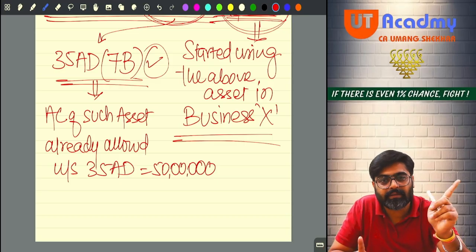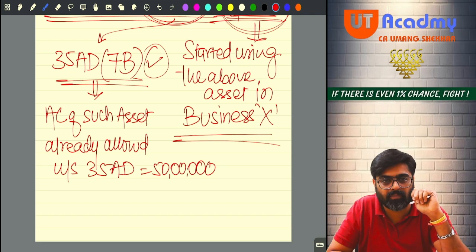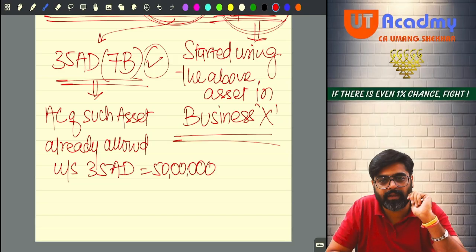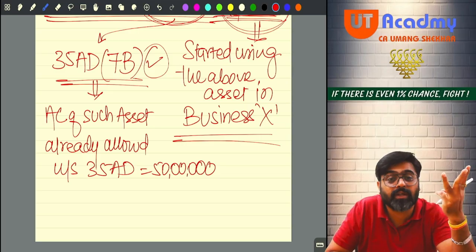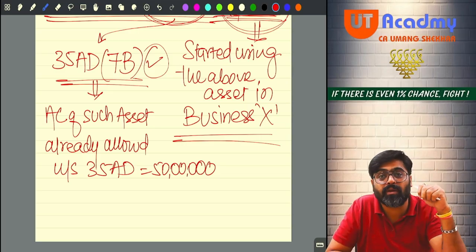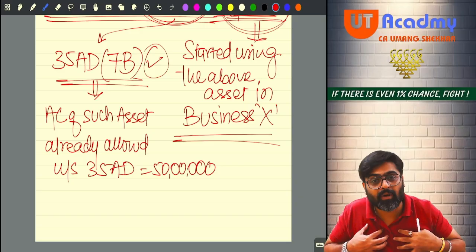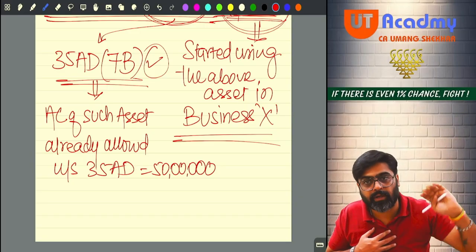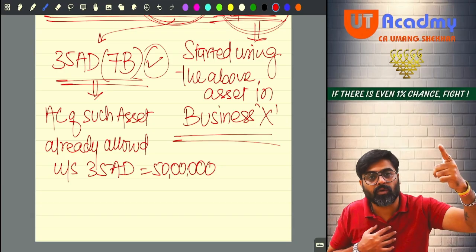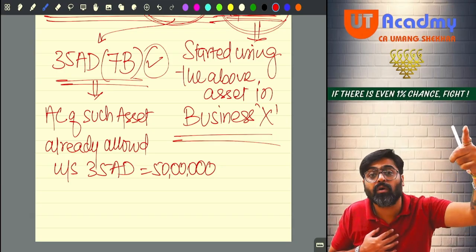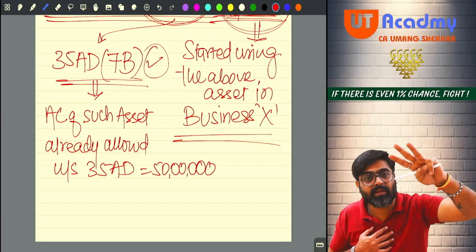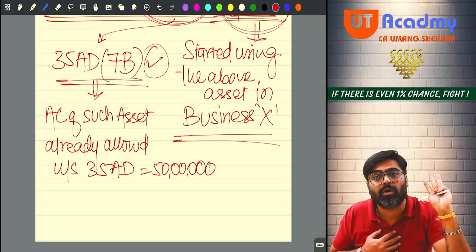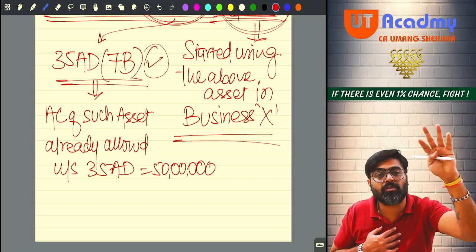But wait, if this entire amount is considered your deemed PGBP income, then it will be unnecessary hardship to you. Do one thing. Out of this amount, reduce the depreciation for those 3 years for which it was used for specified business. Because if we would not have allowed that 50 lakhs fully in 21-22, definitely for 21-22 we would have given the depreciation on 50 lakhs. 22-23 also we would have given the depreciation, and 23-24 also. Yes or no? So for how many years was the asset used in specified business?